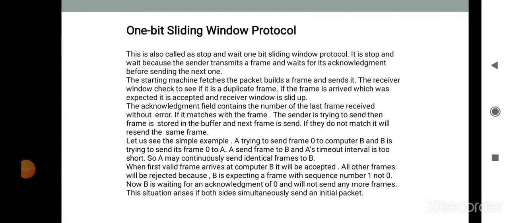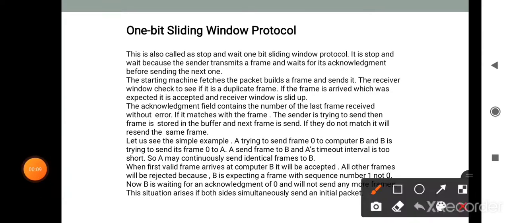The next concept is the 1-bit sliding window protocol. This is also called the stop and wait protocol, because the sender transmits a frame and waits for its acknowledgement before sending the next one. The starting machine fetches the packet, builds a frame and sends it. The receiver window checks to see if it is a duplicate frame.